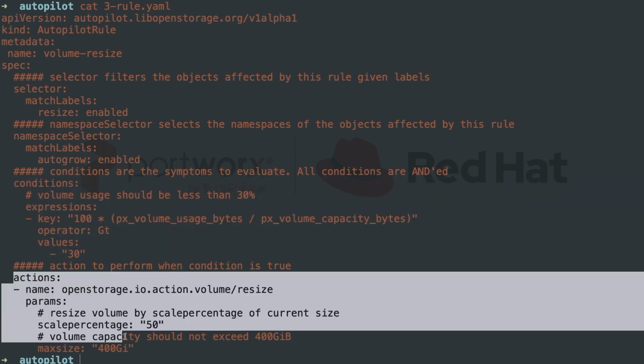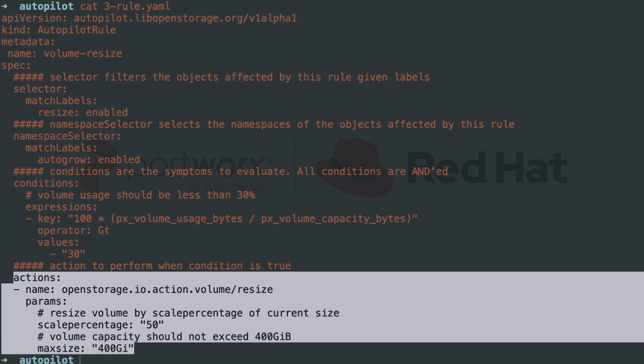Then finally, we see the actions section of our AutoPilot rule. This defines what we should do if the conditions above are met. Should our tagged PVC reach 30% full, what do we do with it? In this example, we're going to grow or scale up the PVC by 50% of its current capacity. This actions section also contains a maximum size of 400 gigabytes,